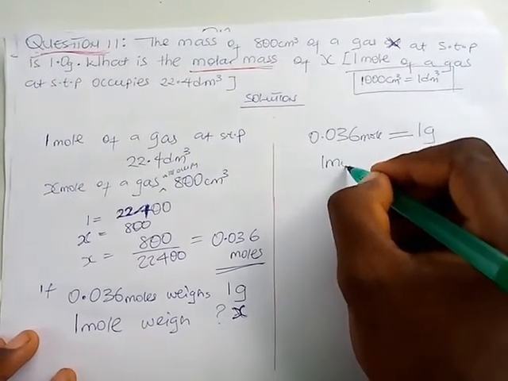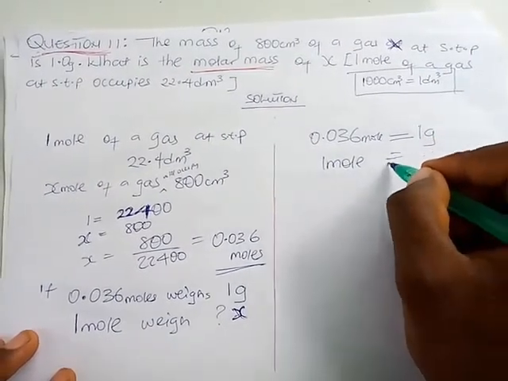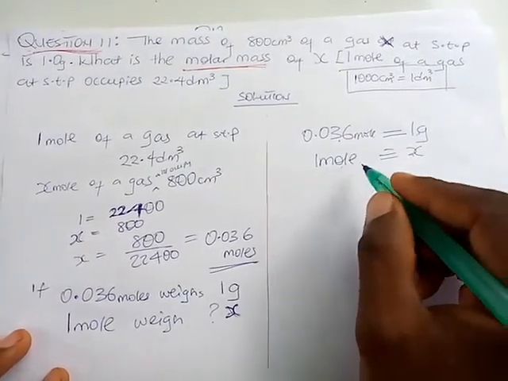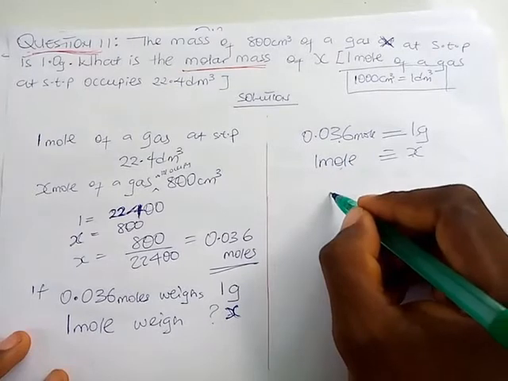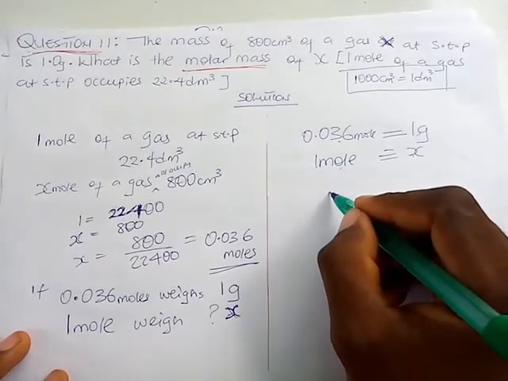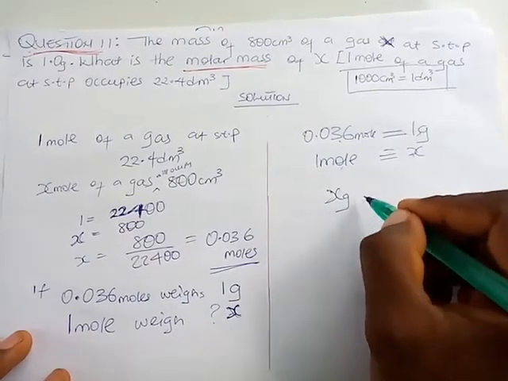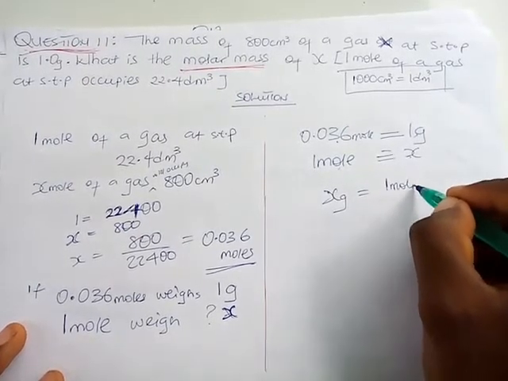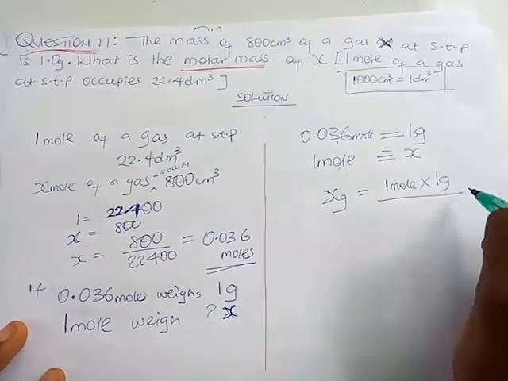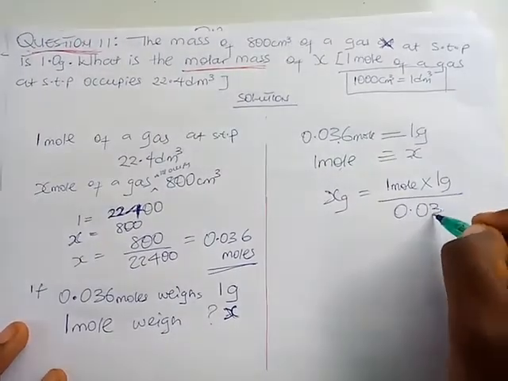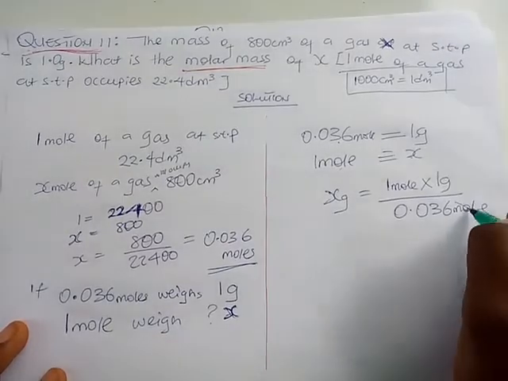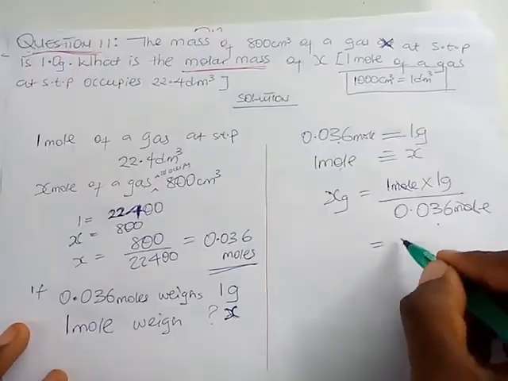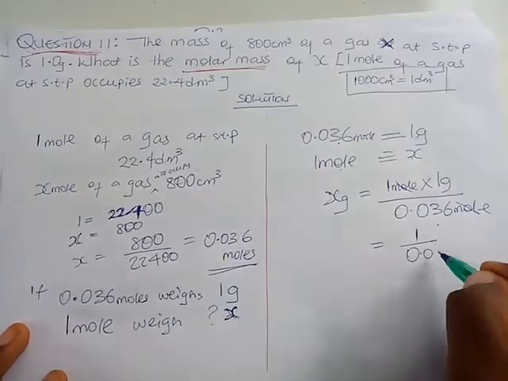Then 1 mole, the equivalence we do not know. So when we put it this way, we'll have that x grams is equals to 1 mole times 1 gram all over 0.036 mole. Yeah, we cancel mole, we have 1 over 0.036. So what we have is 1 over 0.036